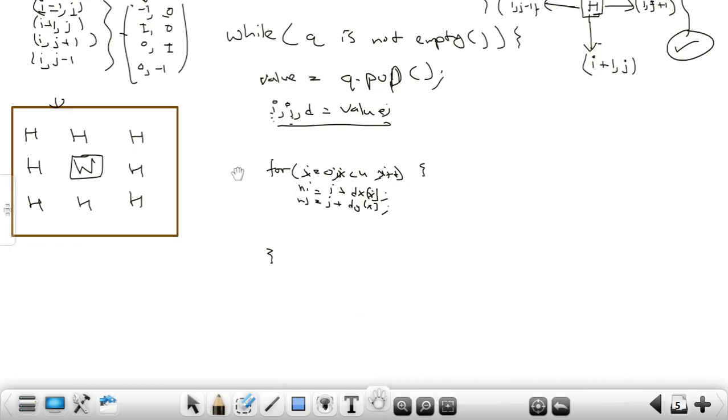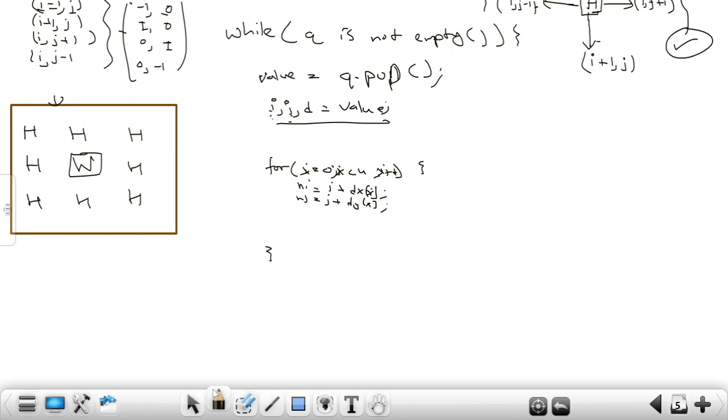Now what I need to check here, inside this, is a very important condition. First of all, I will check whether these new i and j are in the range, like are in the matrix boundary. Let's see what it means. Take this example: when I'm at this particular index, I can go here, I can go down, but I can't go left. When I try to go left, or even when I try to go upward, I will go out of bound, right? So I need to check this condition. If my ni and nj are in the boundary,